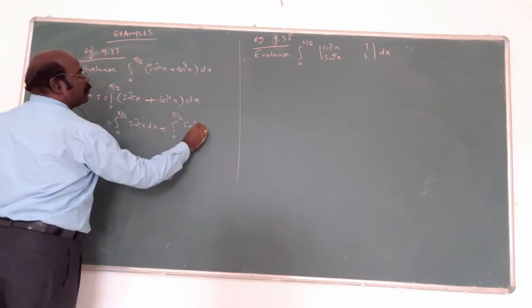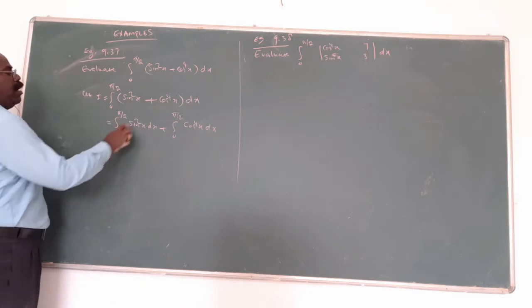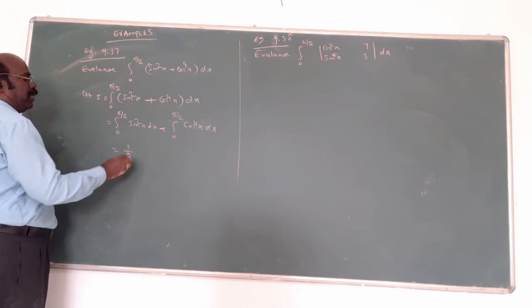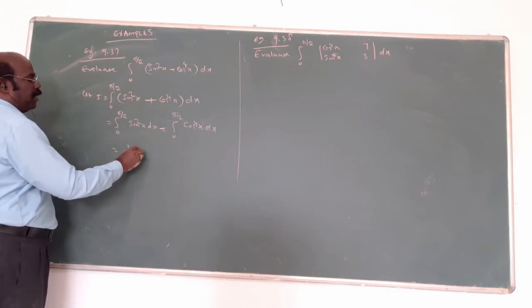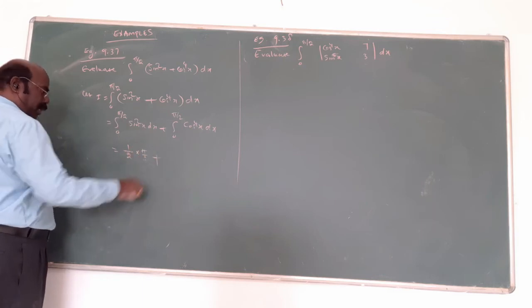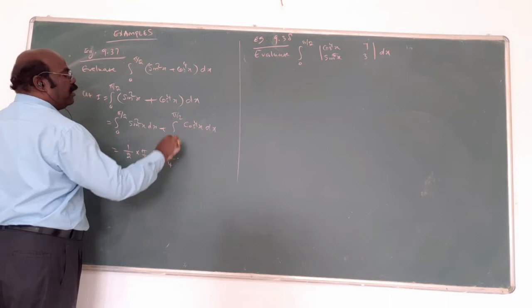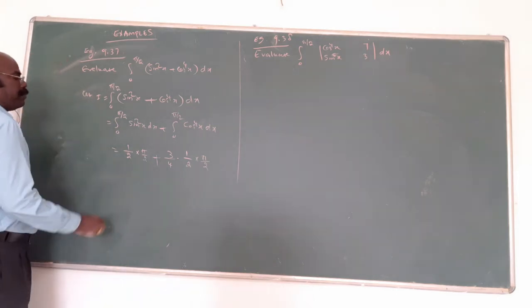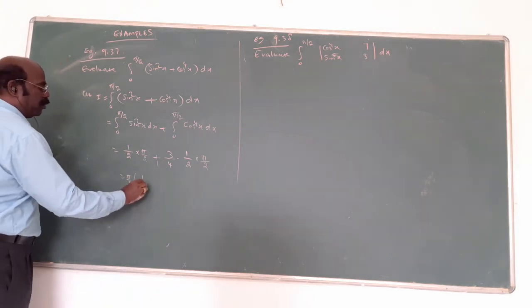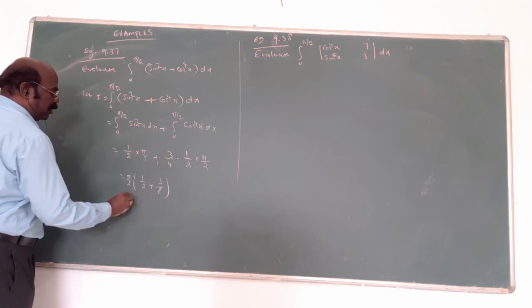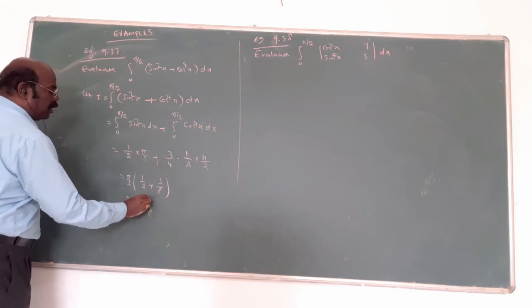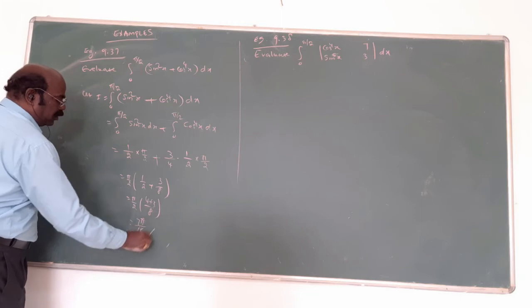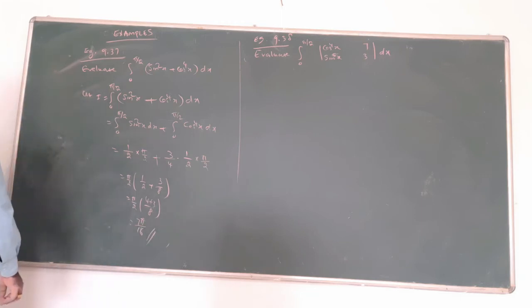Now by using the formula, what is the formula? Power is 2, that is denominator 2. Numerator is what? Reduced by 1, 1 by 2. All numbers reduced by 2, but it's not possible. This is an even number, so pi by 2 is coming. Plus, here also 4, here 3. Again reduced by 2, 1. Reduced by 2, 2. Into pi by 2. Am I right? Now pi by 2 is common. 1 by 2 plus 3 by 8. Now 8 is inside, 4 plus 3. 7 pi by 16 is the answer. That's all.